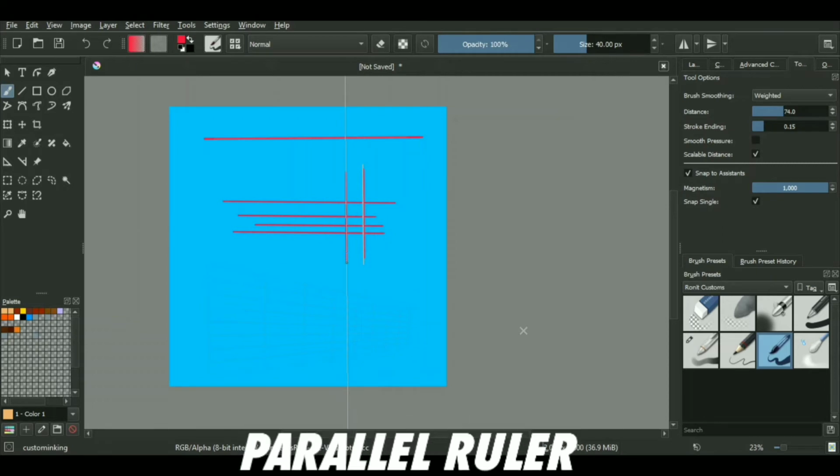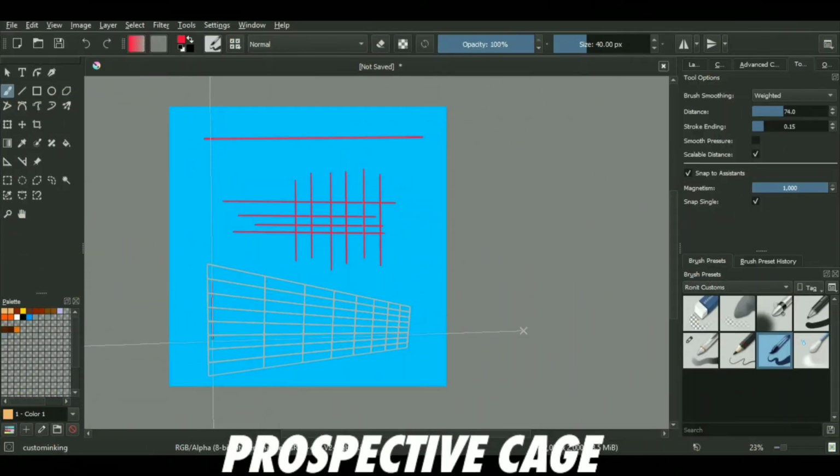You can draw wherever you want. And the next one on our list is the perspective tool or perspective cage tool, which is really helpful if you want to draw on a specific confined perspective. Just form whatever sort of cage-like structure you want to. Just simply draw a shape, drag its dots in order to form a shape or a perspective, and just draw inside it.